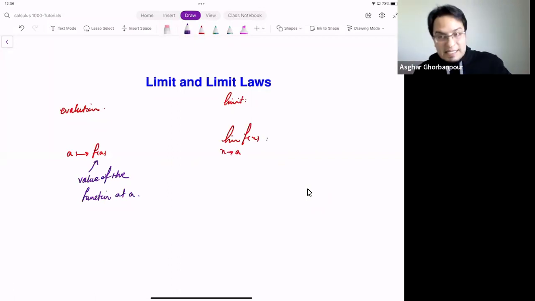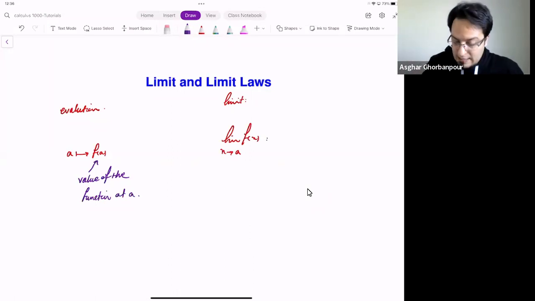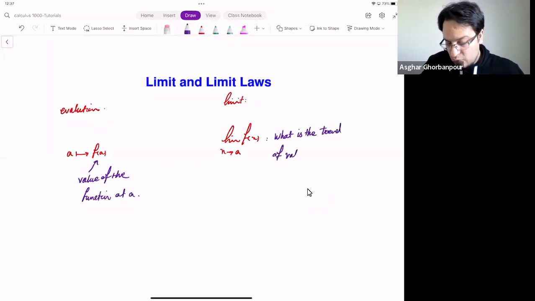It might be the same as the value of the function at a, but what we really mean is: what is the trend of values of function at numbers, at inputs very close